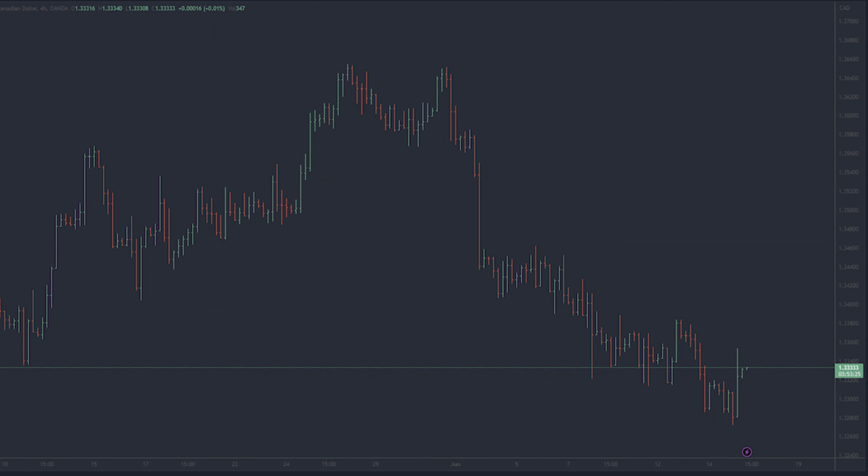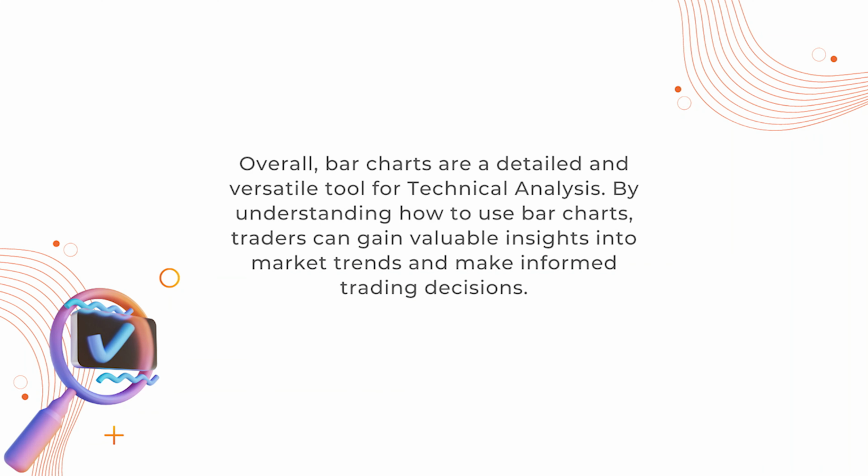To identify a trend using a bar chart, traders look for a series of higher highs and higher lows in an uptrend, or a series of lower highs and lower lows in a downtrend. Overall, bar charts are a detailed and versatile tool for technical analysis. By understanding how to use bar charts, traders can gain valuable insights into market trends and make more informed trading